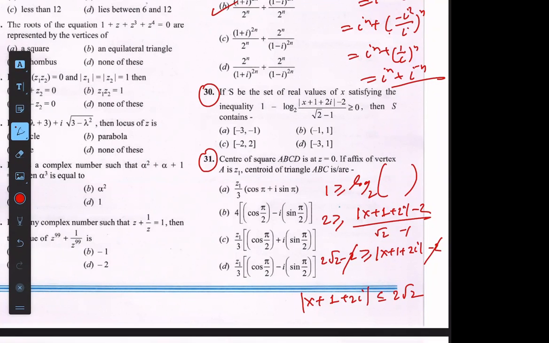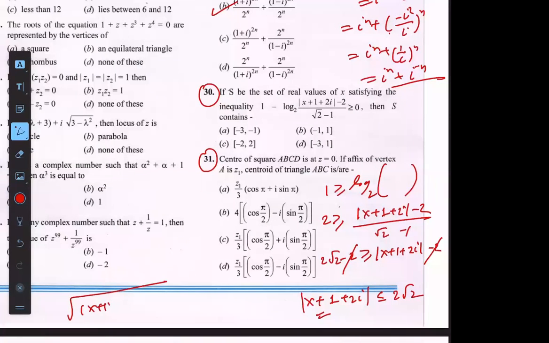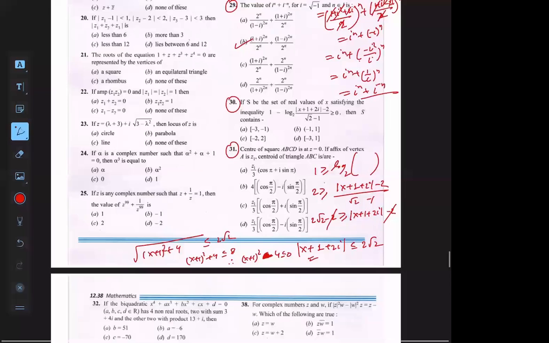अब x, इसका मॉडुलस तो आप निकाल सकते हैं ना। ये कितना आएगा? अंडर रूट ऑफ (x+1) का होल स्क्वायर प्लस 4 लेस देन इक्वल टू 2 रूट 2। स्क्वायर कर दो, तो ये आ जाएगा (x+1) का होल स्क्वायर लेस देन इक्वल टू -4 + ... यानी (x+1)² - 4 ≤ 0। फिर इसके आप फैक्टर कर लेंगे, (x+1+2)(x+1-2) ≤ 0, दैट इज (x+3)(x-1) ≤ 0। अब इसका वेवी कर्व बनाओ, तो आंसर आ जाएगा -3 to 1।